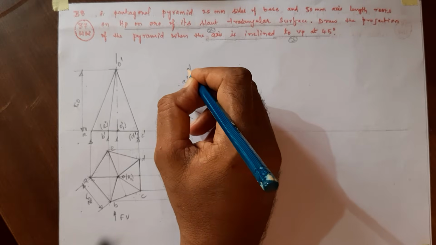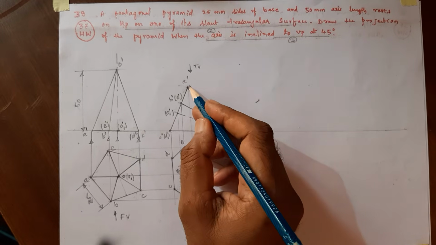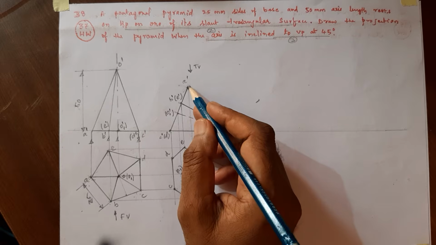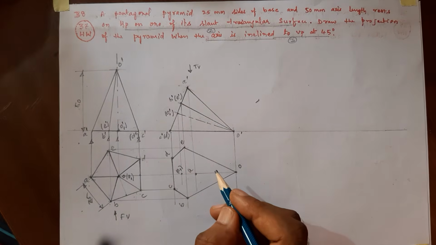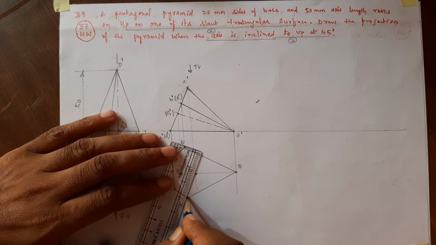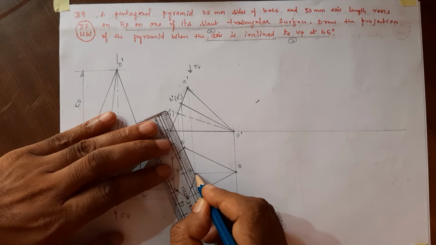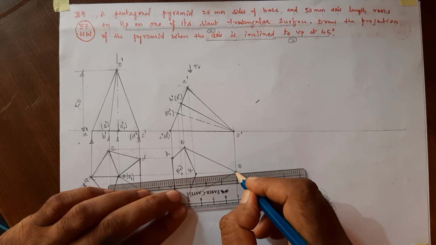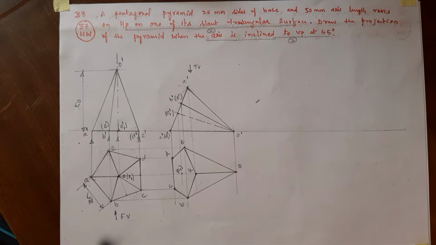Next we have to find out inner edges which are visible and invisible. So this is the top view where the observer is standing. Now see, this is the corner near to the observer, so it is visible in the top view. So all the edges passing through that point are visible. So join with thick line and go to A.